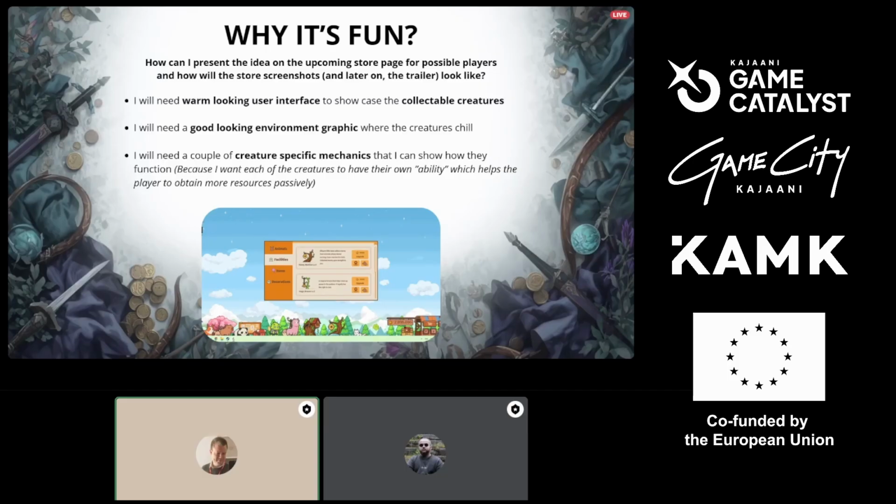Because in the end, those mechanics don't count for anything if you're not able to communicate that. So you need to understand that whatever features or complicated mechanics or systems you design, you need to be able to communicate those as well. And the media we use to communicate those is the storefront. If you're planning on releasing on Steam, the Steam tools are your way to communicate your idea. Those are the only tools you will ever get to communicate your game idea.